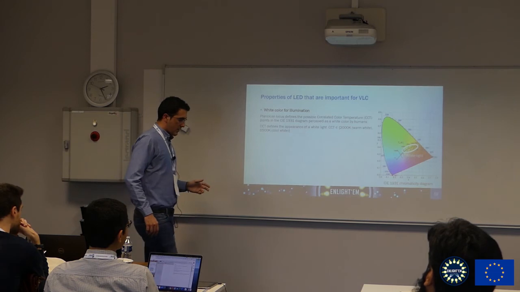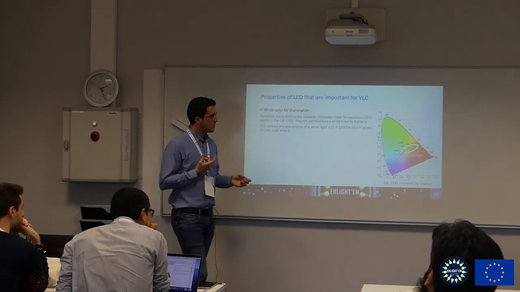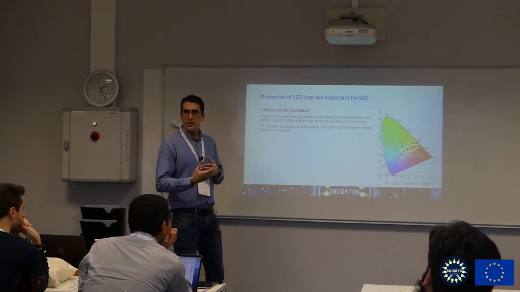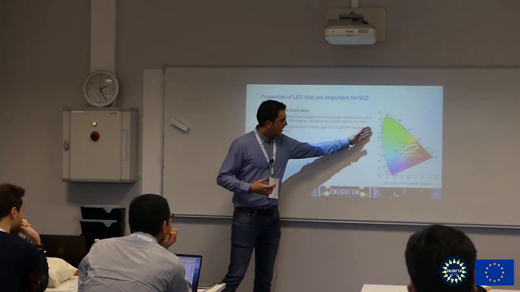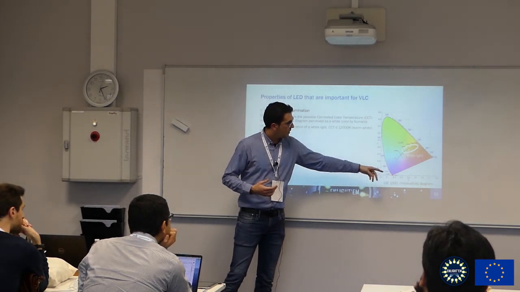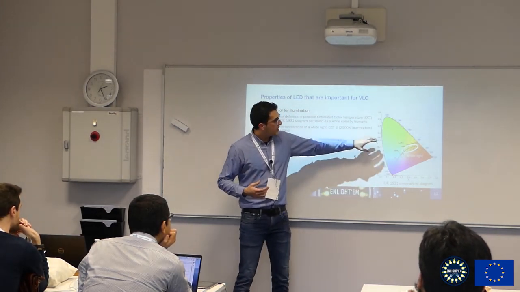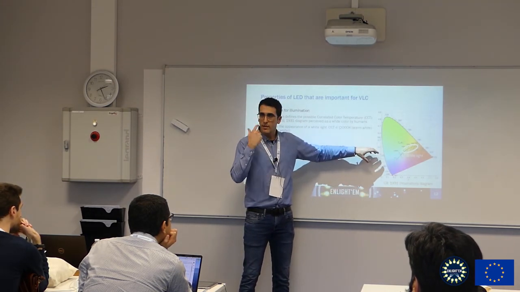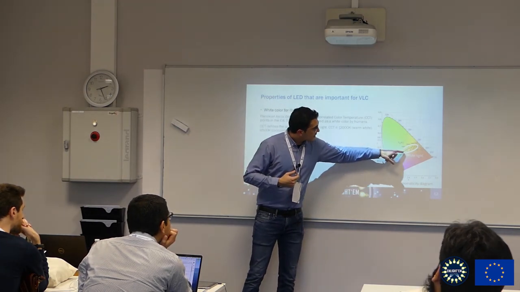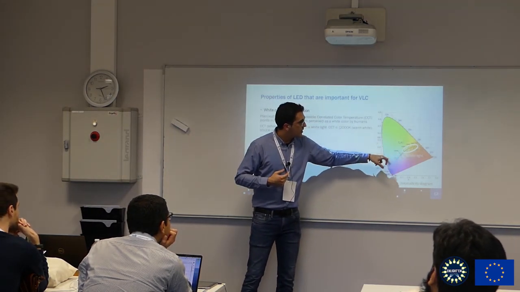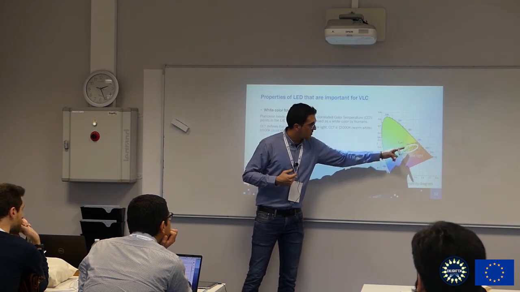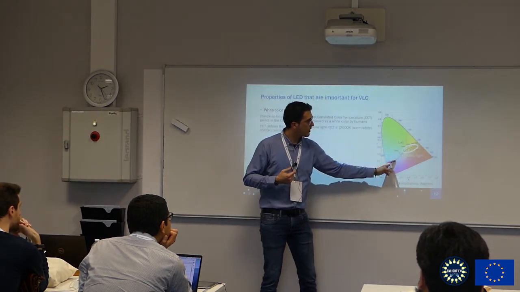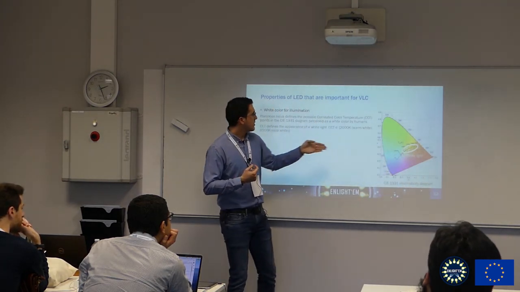And also it's good to know that, as I said before, we have to create a white light in order to communicate, and this is the CIE 1931 chromaticity diagram that contains all the possible colors that can be created and can be detected by the human eye. So if we work in this region here, which belongs to some points of the Planckian locus, the Planckian locus is this line over here, and it gives you some CCTs,